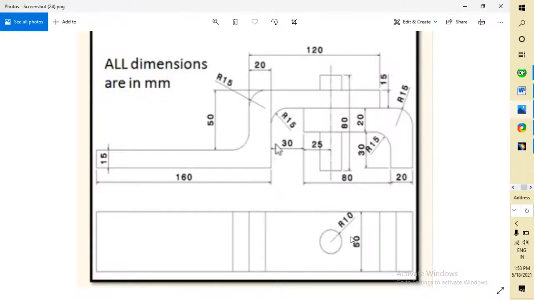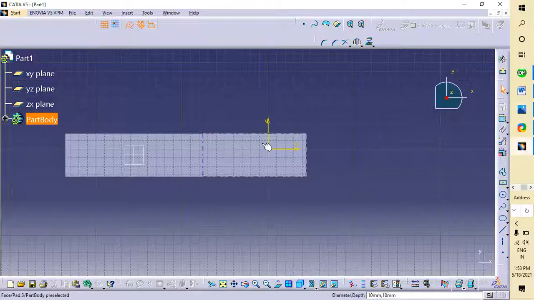Before that, here this is the circle. By default it is known that it is exactly at the mid, that is from here or here it is 25 distance from here to here. Okay, and then what is the distance from this to this, what is the distance dimension of this circle? That is 30 plus 20, 50 plus 25, 75. From this position it is 75, guys. Okay, no problem.